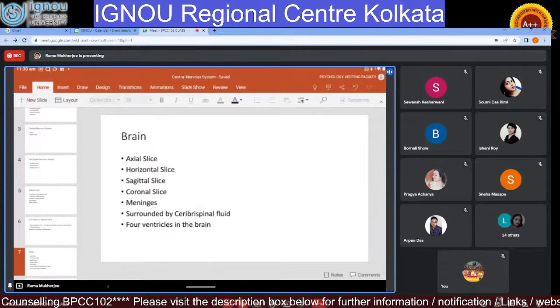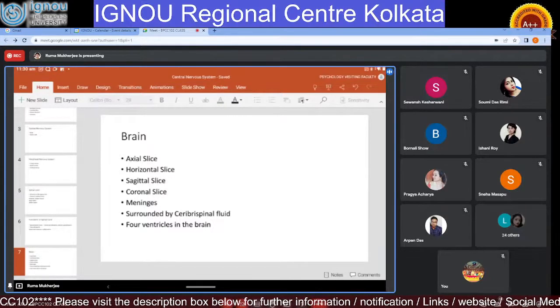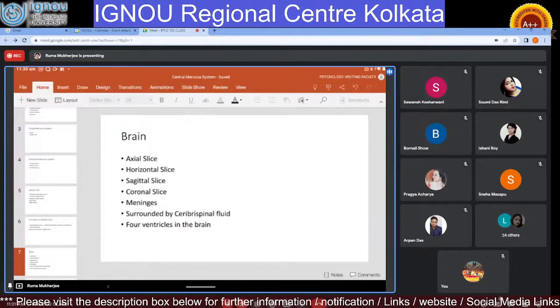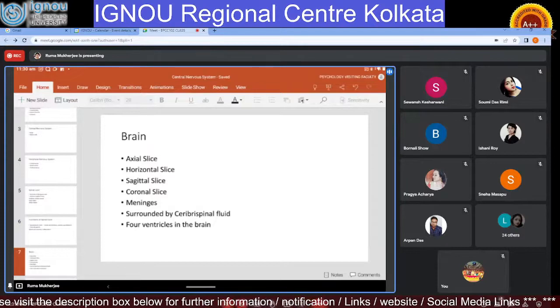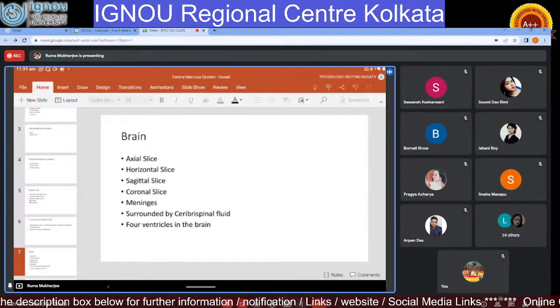The brain keeps growing until one reaches the age of 18 years. It is a very delicate organ, and it is protected by a bony structure known as the skull. And there is a layer, the first layer, you all know that